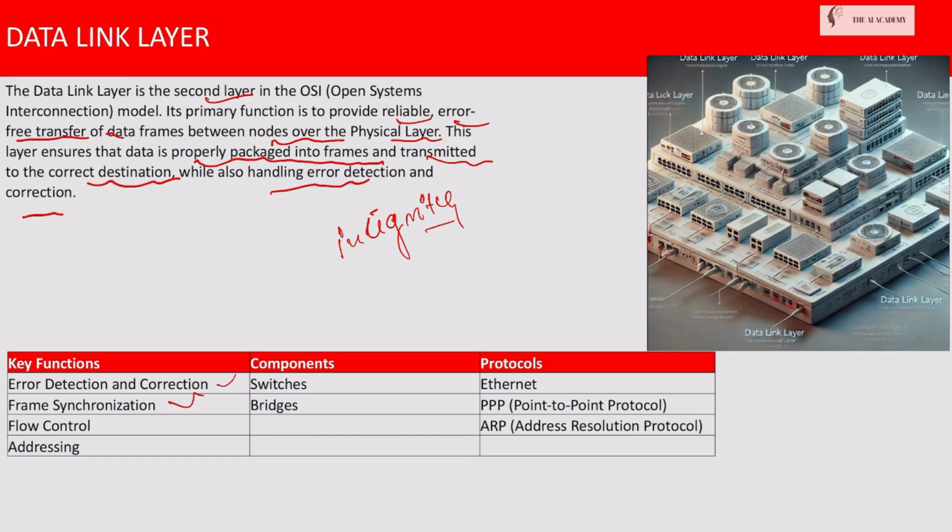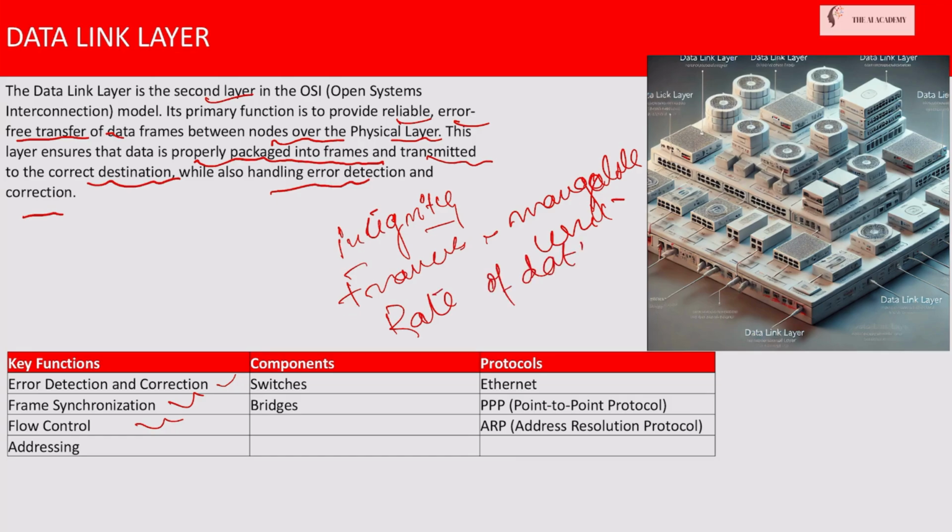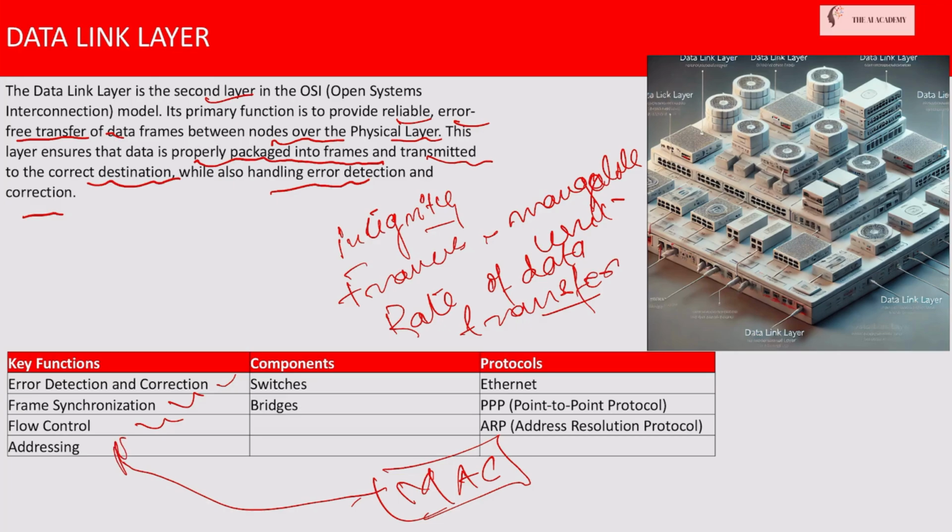Frame synchronization. This layer organizes data into frames, which are manageable units for transmission. Each frame contains the necessary synchronization information to ensure proper data alignment and interpretation. Flow control manages the rate of data transmission between devices to prevent congestion and ensure smooth communication. And it uses hardware addresses, MAC addresses, to identify and route data frames to the correct destination within a local